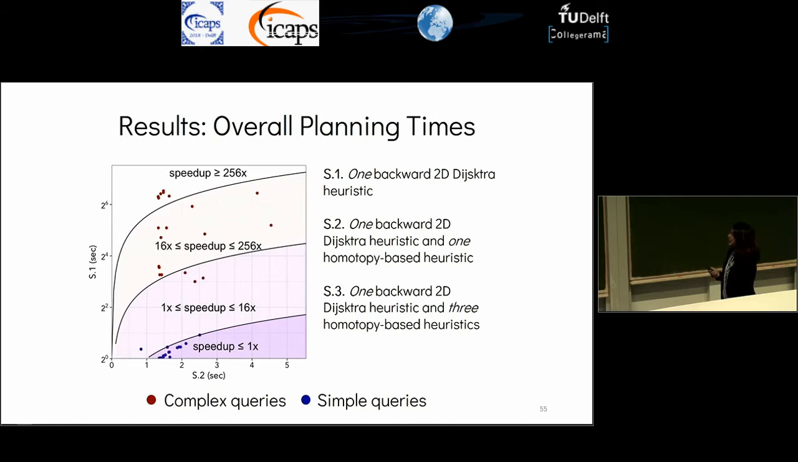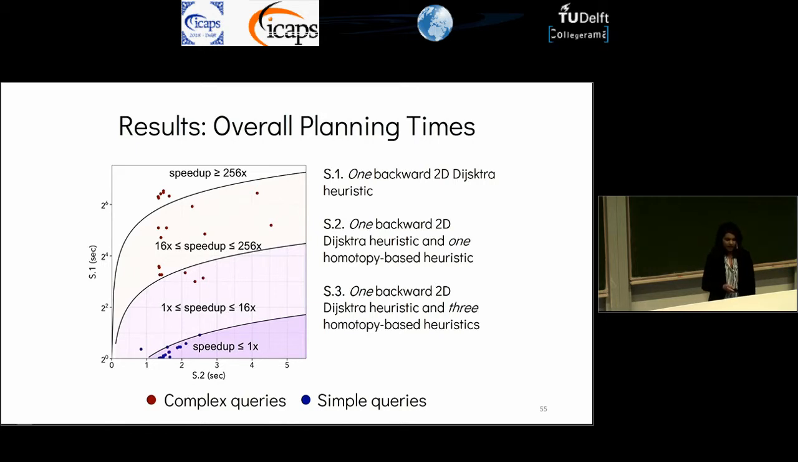And notice that the y-axis is logarithmic, and that underneath this curve here, we only have a 1 time speed up, and here we have between 1 to 16 times speed up, and so on and so forth. When we look at the simple queries, we don't see much of a speed up. In some cases, we don't see a speed up at all, and it takes longer, and this is because these homotopy-based heuristics are unnecessarily complex for these simple situations. However, when we look at the complex query, we see a significant speed up in planning times of several orders